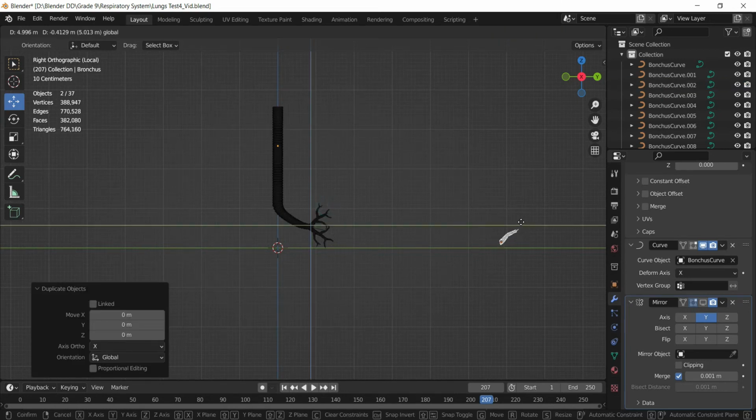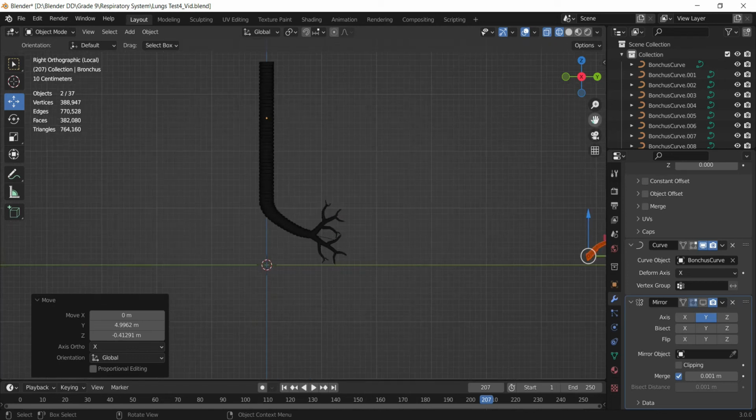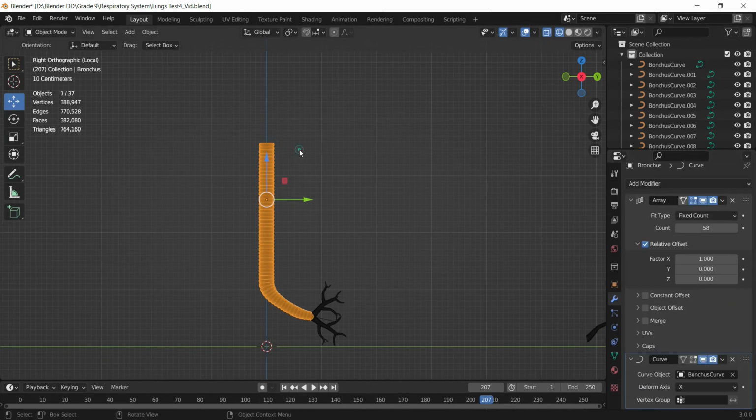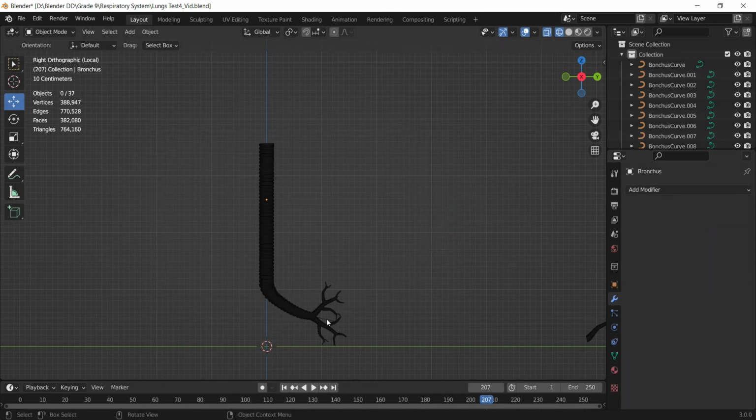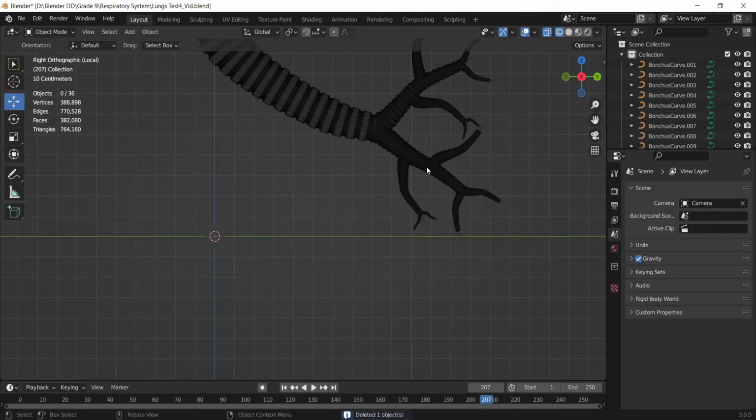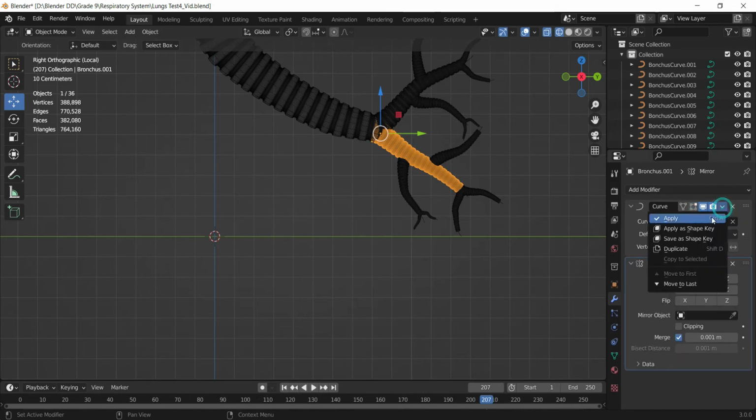duplicate, bring it over here. Okay, and for these remaining ones I need to apply the modifiers. I need to complete it. So onto this I'm going to remove the mirror modifier as of now. We'll apply it later. And let's apply the modifiers, and we can get rid of the curve. So we need to do this on all the ones. Apply, apply,